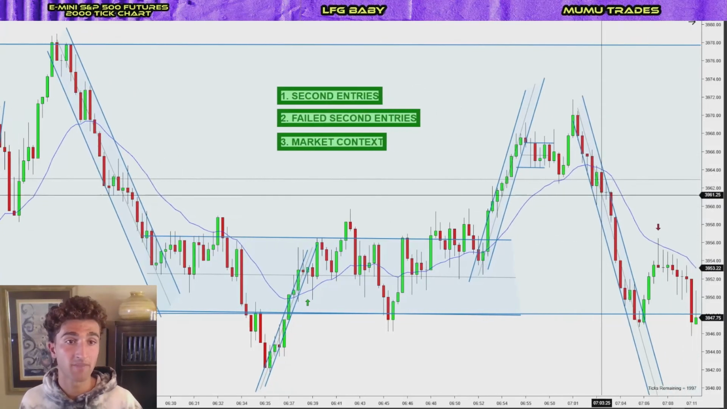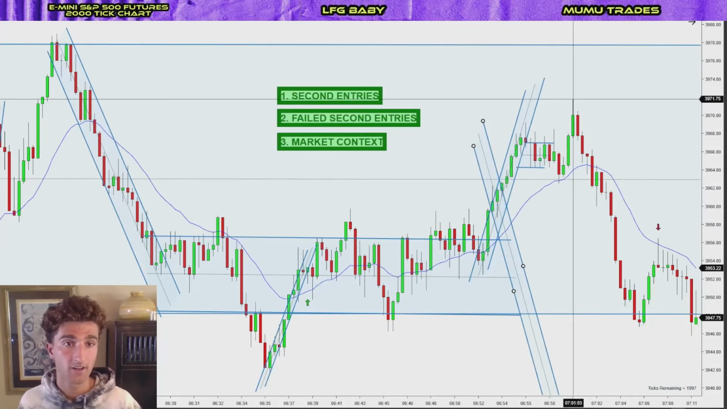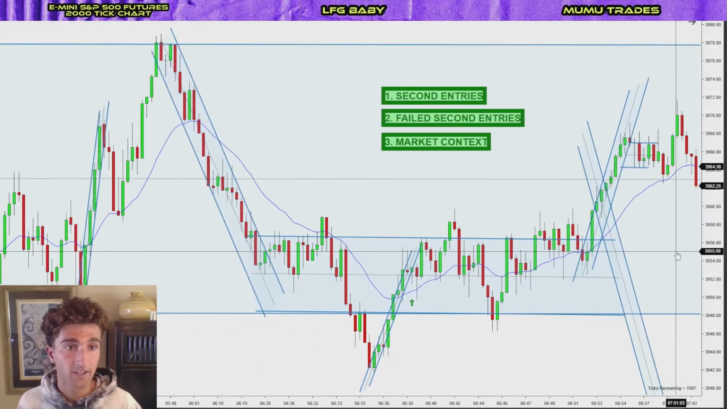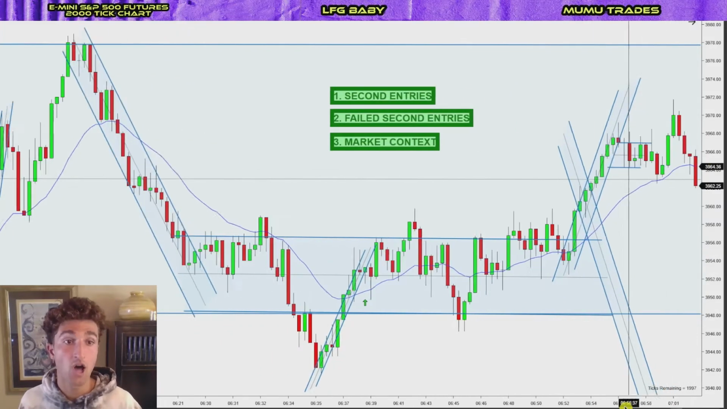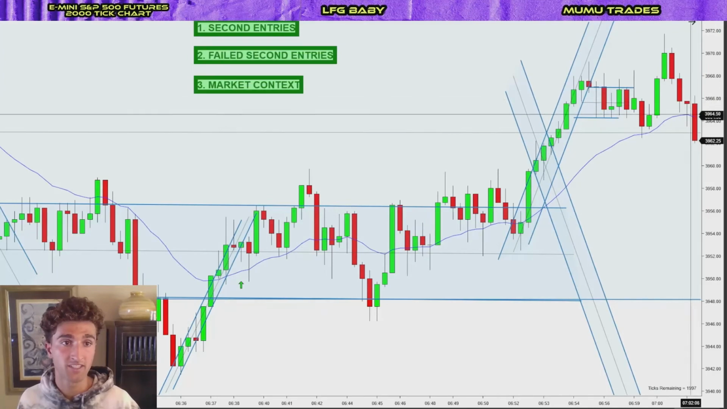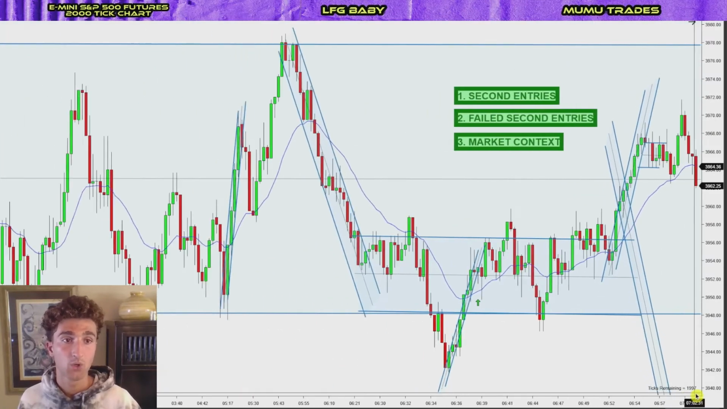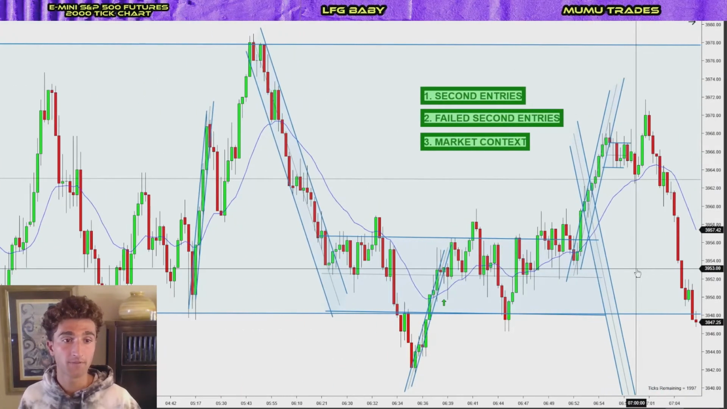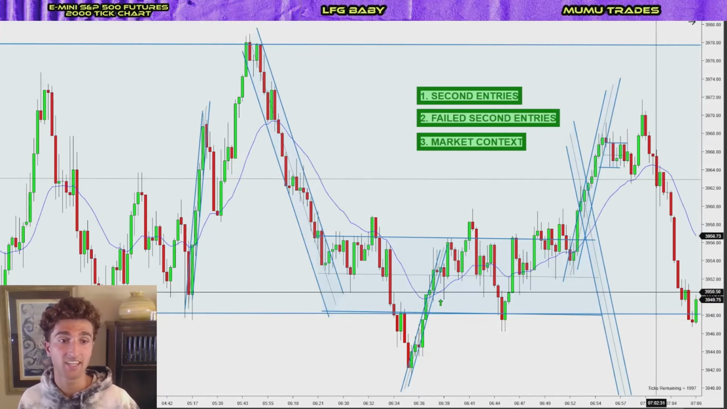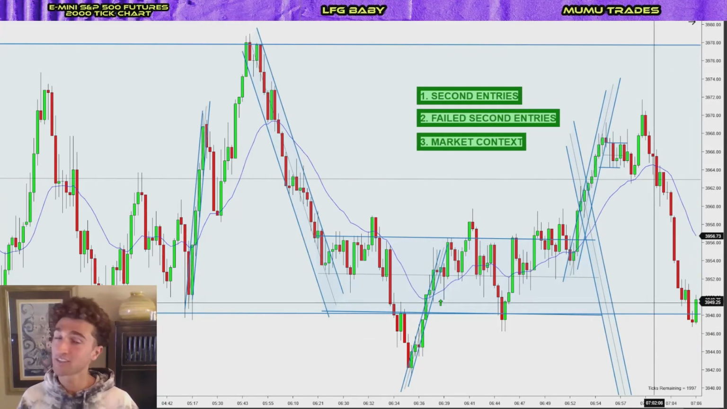If we're counting from the high, right here, we're going down. Our first entry long appears right here because this bar broke above that. We traded all the way down, and we had a second entry long right here. Now, because we're in a downtrend, we do not want to look for long entries, obviously, but we want to